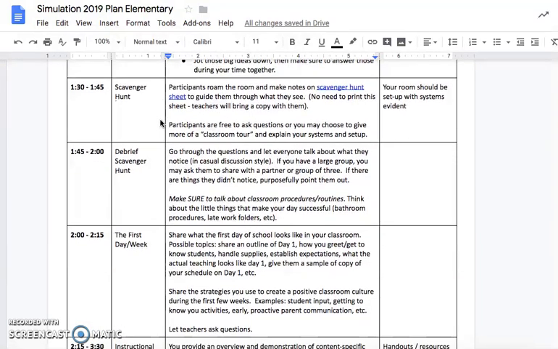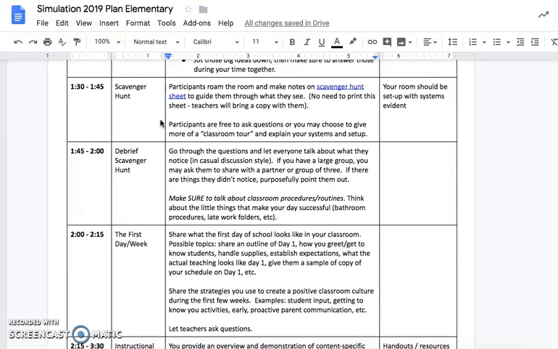The next section from 1:30 to 2 looks different for elementary and secondary. I'll start with elementary. For 15 minutes, participants will look around your room and take notes on what they see. So you're going to want to make sure you click on the scavenger hunt sheet and know what they're looking for beforehand. Then for another 15 minutes,